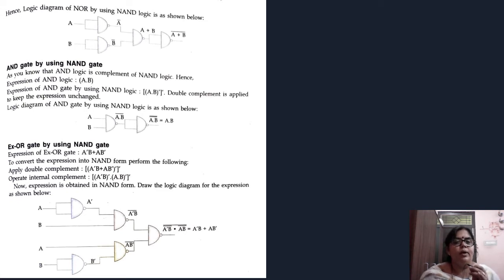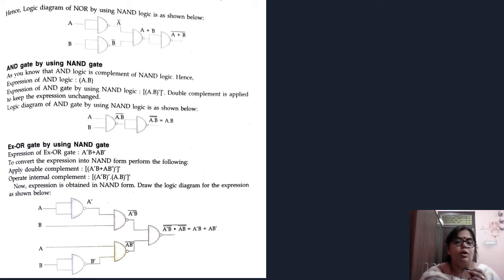Now AND gate by using NAND gate. As you all know, the AND logic gate is the complement of NAND. Hence the AND gate is A dot B, and with NAND it is (A dot B) complement, double complement. When we make a gate, double complement is applied to keep the expression unchanged, so the expression should not be changed.